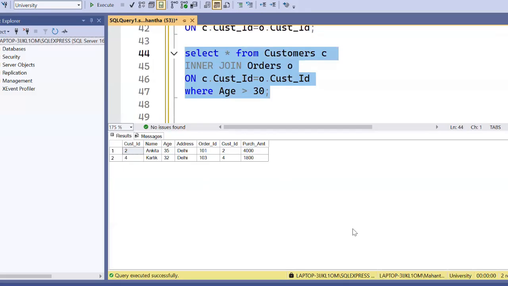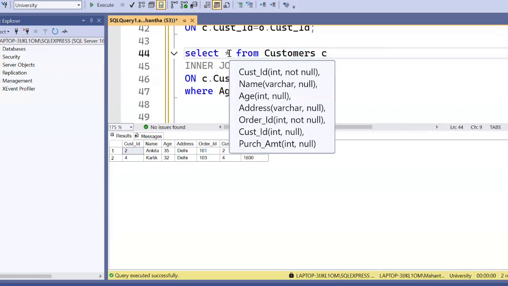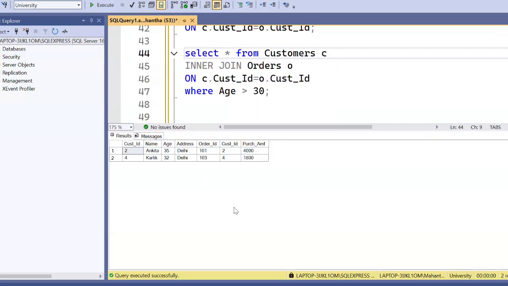Any questions here from anyone? Arun, go ahead. Sir, we have customer ID columns, so what if you want one customer ID column and the rest of the values? The only way of doing it is to individually mention the columns. The moment you say star, everything is included. If you want only the columns you want, you have to mention the column names there.